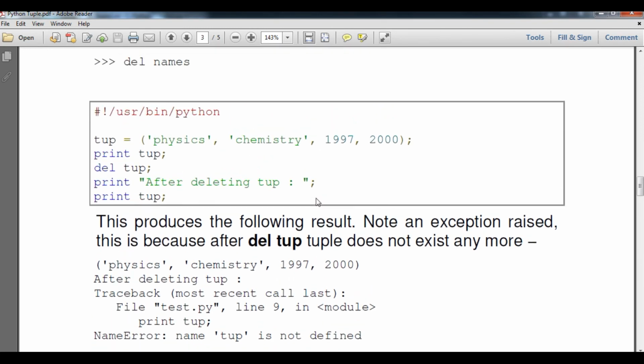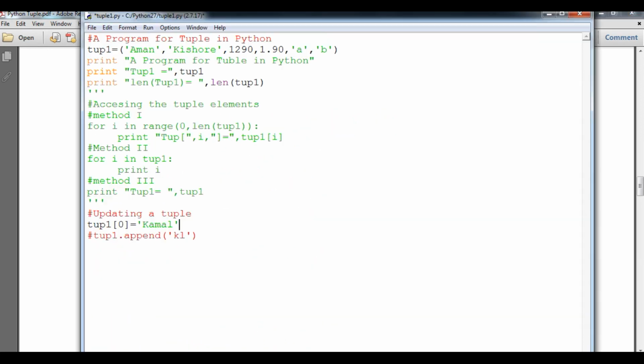Okay, so we are doing the same, students. We have learned update is not possible, so I will comment it out, and now we try to delete the whole tuple. Here we write del tup1, and after that we print tup1. Let's see what the output will be.